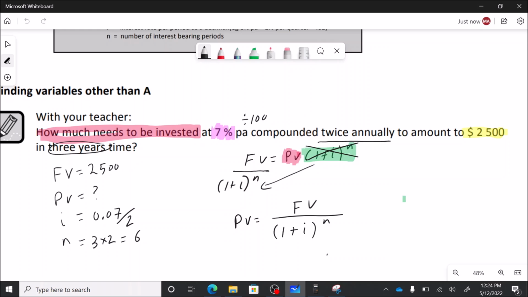Now we can go ahead and substitute into the equation and then work it out on the calculator. So let's do it. So the final value is 2,500 over 1 plus 0.07 over 2 for our I value, and then that's to the power of 6. So if we put that into the calculator,